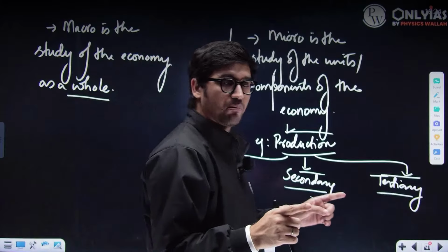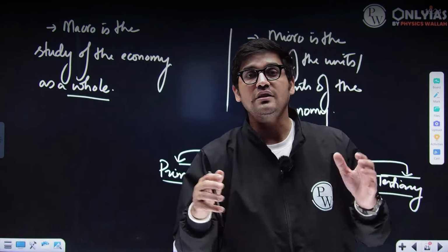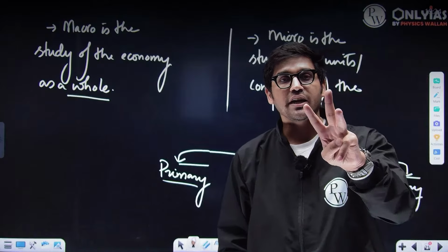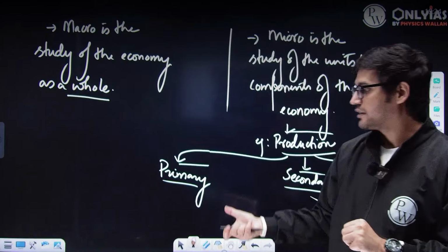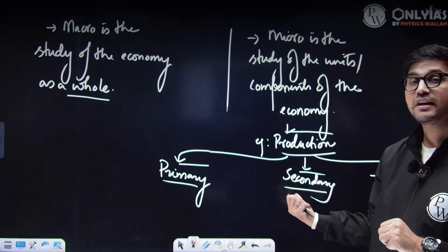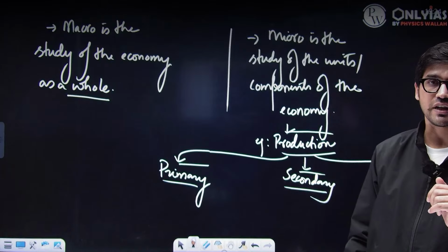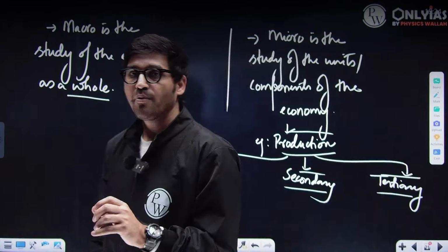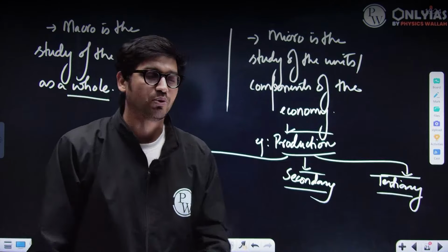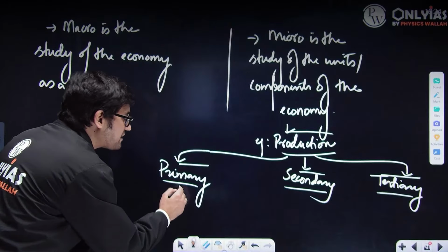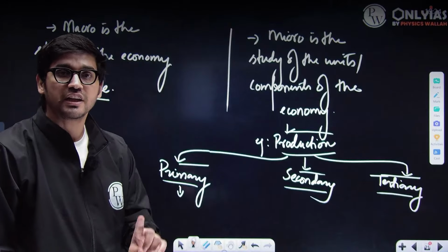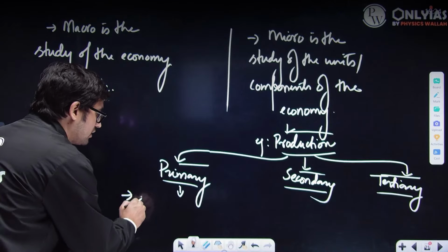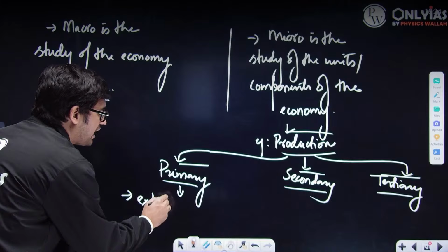All the production that happens in an economy, all these important economic activities of production, can be divided into three broad sectors: the primary sector, the secondary sector, as well as the tertiary sector. Now, what is the primary sector? The primary sector is, very simply put, that sector of the economy which deals in two things. It deals either in the extraction of natural resources